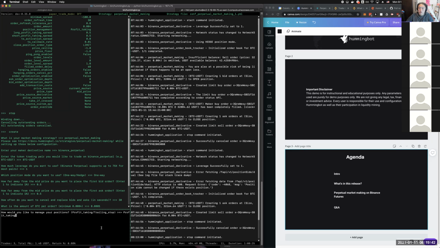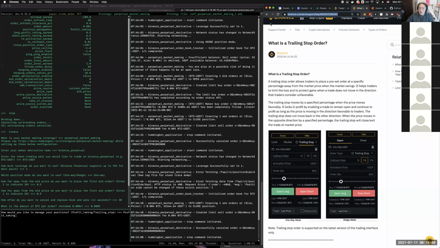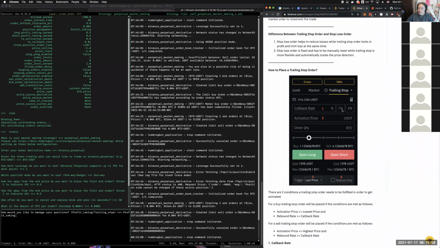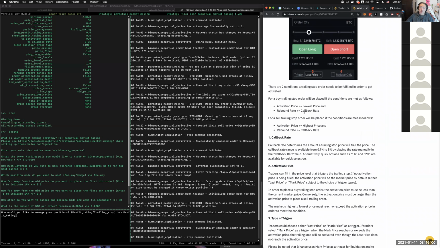This is temporary, but in the meantime, we ask users to look at the Binance Futures documentation to understand how to use these features. For example, if you want to know how to set a trailing stop, there's an article on the Binance Futures documentation on what is a trailing stop order that describes how it works and what the parameters associated with trailing stop are. The two main parameters are callback rate and the activation price. So if I select trailing stop here,